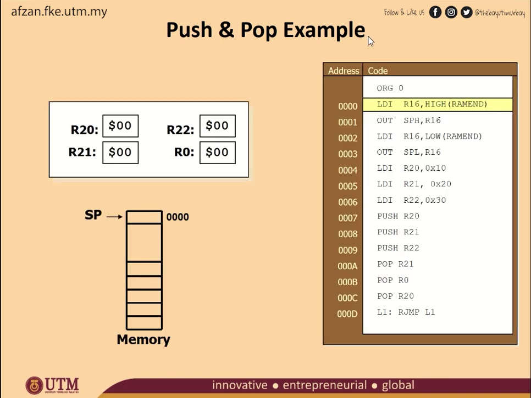Okay, let's look at one more example for push and pop. Alright, so this is your program, and this is your memory, and this is your register. No, this is your GPR followed by IO, and this is your RAM. Okay, you see here. Every time you switch on your AVR, all the values inside here are 0, and the stack pointer points to address 000. Alright, next what happens is,